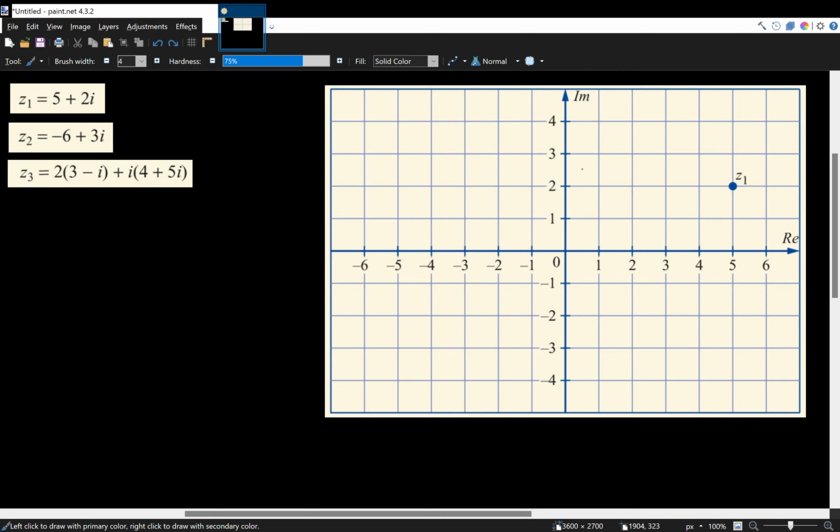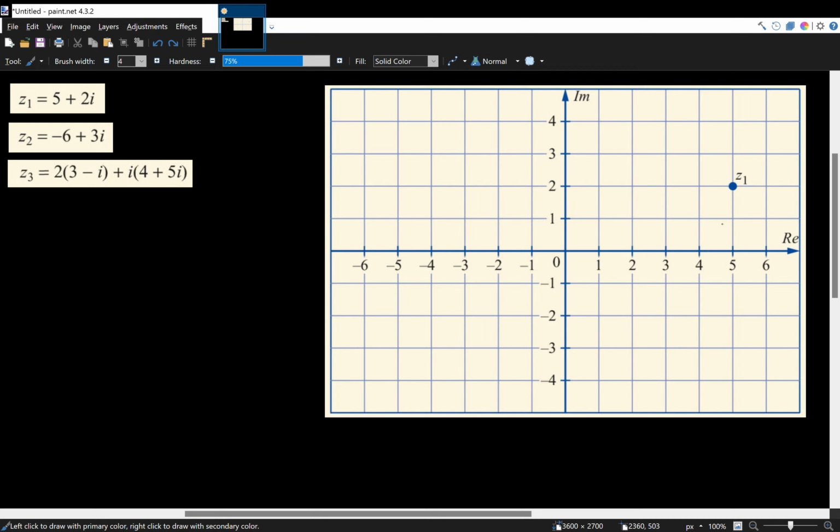an imaginary axis. So to plot the complex number z1, which is 5 plus 2i, we would go 5 across on the real axis, because that's the real value, the real number from this complex number, and we go 2 up, because 2 is our imaginary value. So 5 plus 2i would be just up here on the right, and we've labelled it z1, as you can